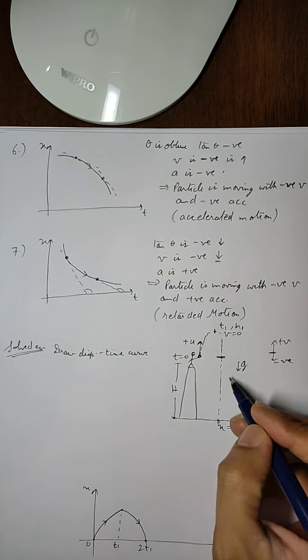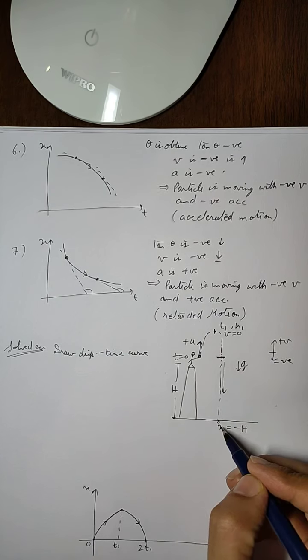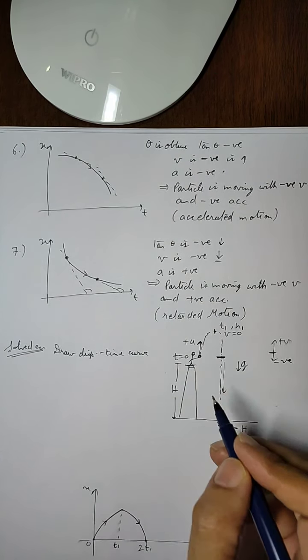Upward direction is positive, and we are calculating displacement in downward direction, so this point will be equal to minus h. If this is plus h from here to upward, then from here to downward it will be minus h. So the displacement will be negative, so this curve, I'll shift it a little bit upward, the curve will keep on coming like this till